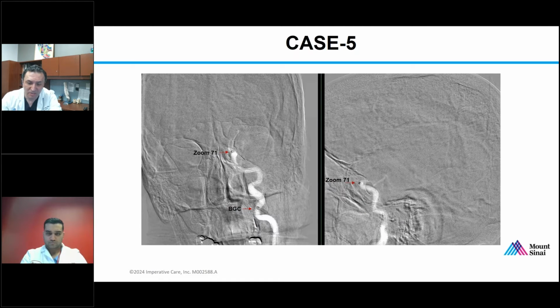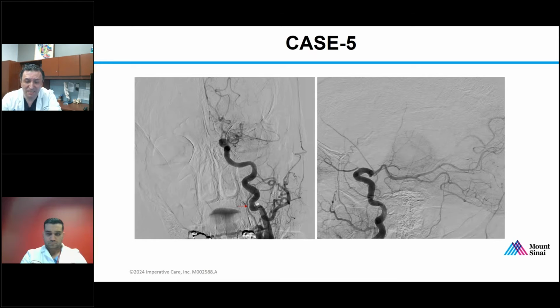But as you see again here, Zoom 71 was able to be advanced over by the support which was received by the balloon guide catheter up to the clot in the ICA-T. We did the first pass, however, only opened the PCOM, and we still have complete occlusion of ACA and MCA. And as you see now, we have to do a second pass. The arrow is showing where my guide catheter is, just above bifurcation, proximal cervical ICA, in such a difficult anatomy. So we have to spend some time to re-access, essentially, to reach the target